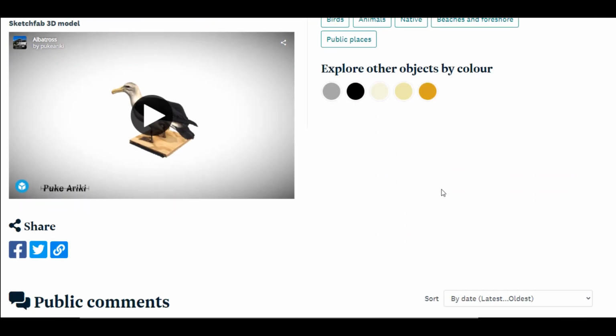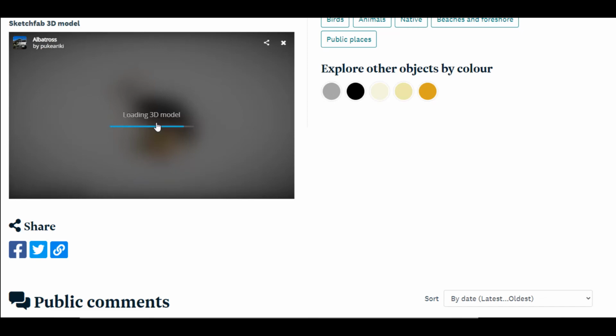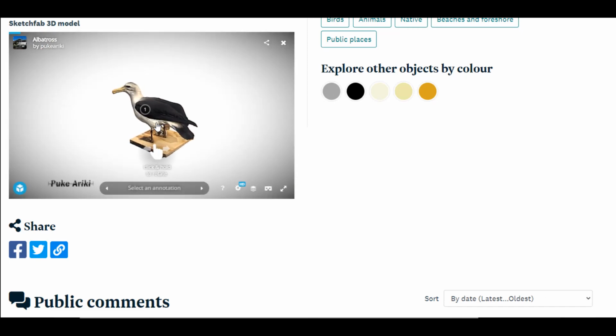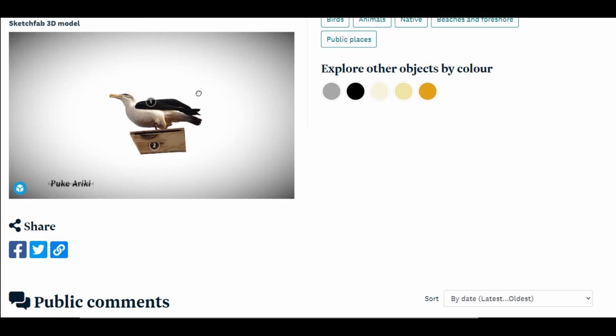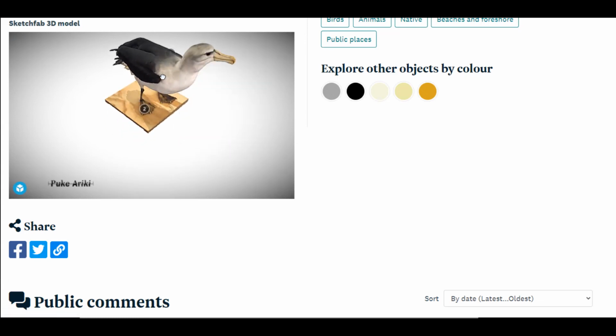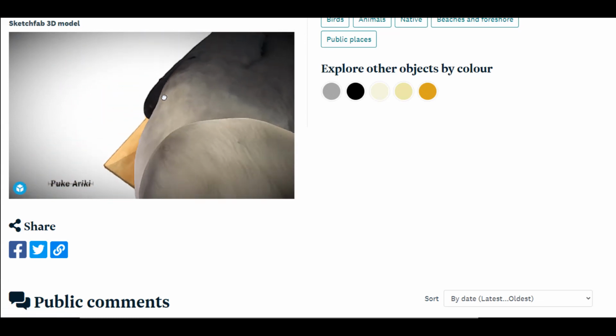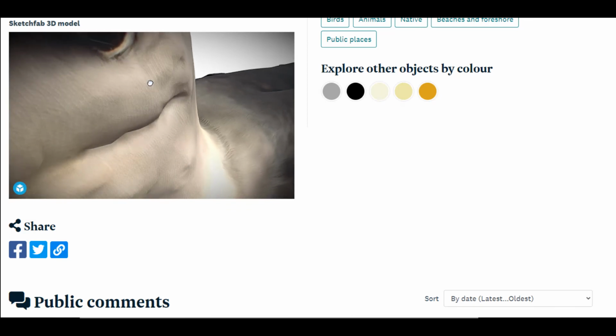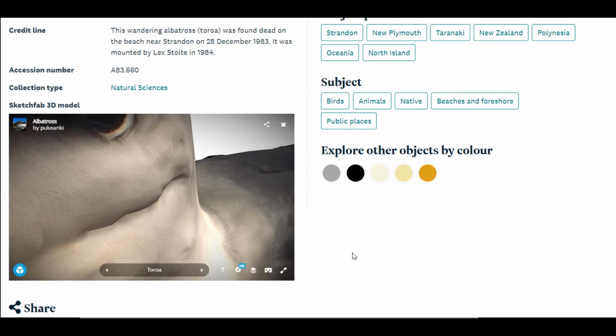And again, we can embed the player for this third-party platform, so people can discover this directly on the Sketchfab website, but if they've found this collection item, they can go straight into Vernon Browser and see that 3D scan within the website. So that's a few of the projects we've been working on to embed content from other products.